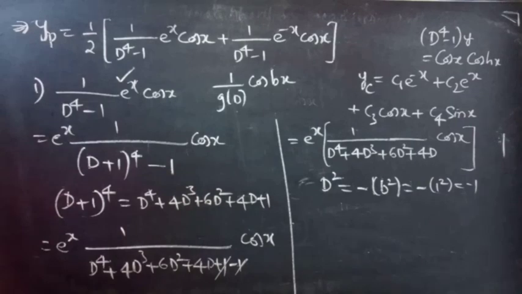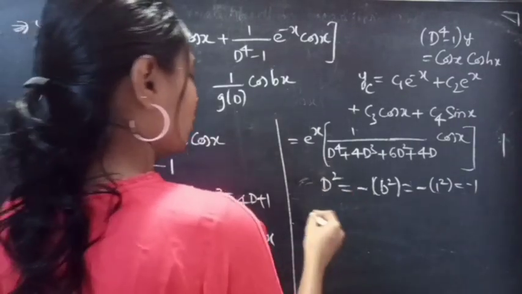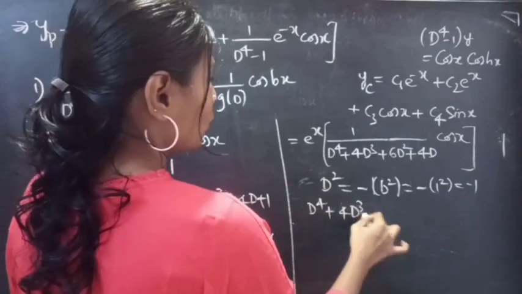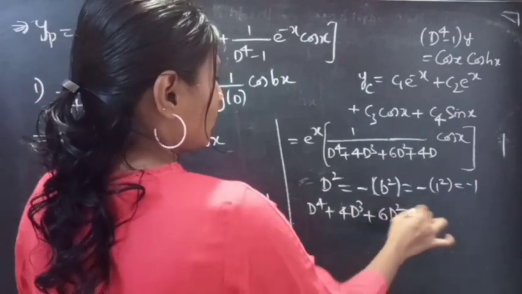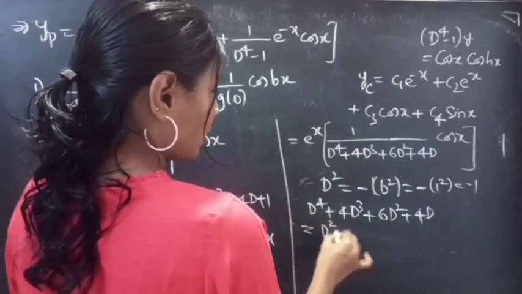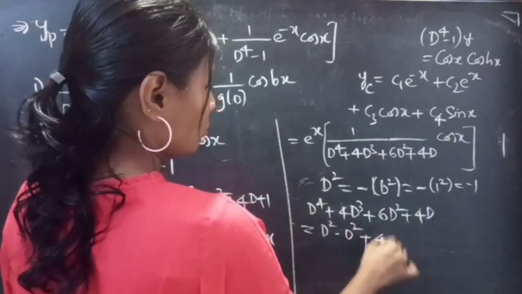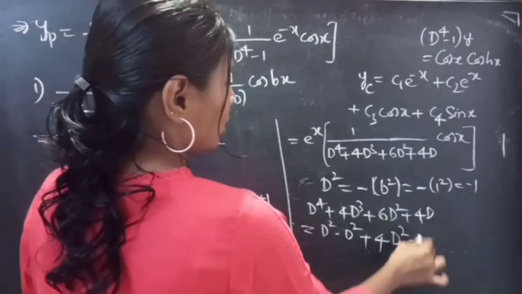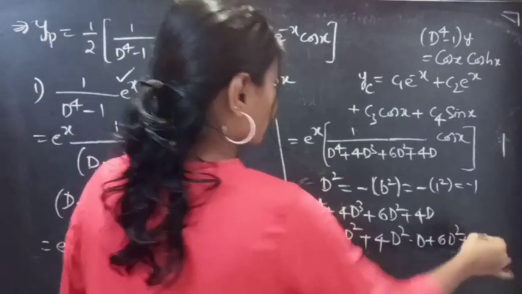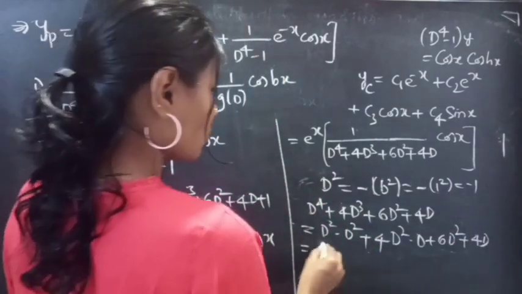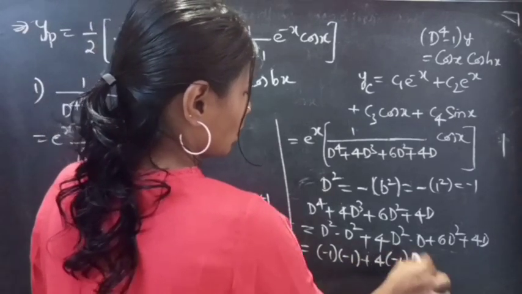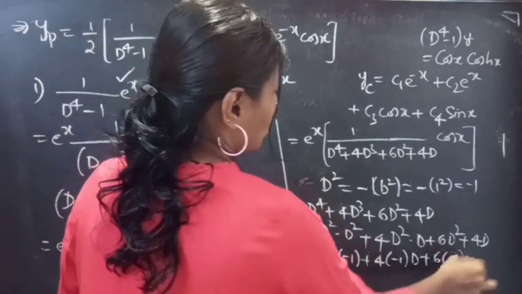Let's see what happens if we replace d square in the denominator. I'll just take the denominator part. D power 4 plus 4d cube plus 6d square plus 4d. Okay, we can write d power 4 as d square into d square, plus 4 into, write d cube as d square into d, and the remaining two terms will be as they are. Now replace d square with minus 1. We'll get minus 1 into minus 1 plus 4 into minus 1 into d plus 6 into minus 1 plus